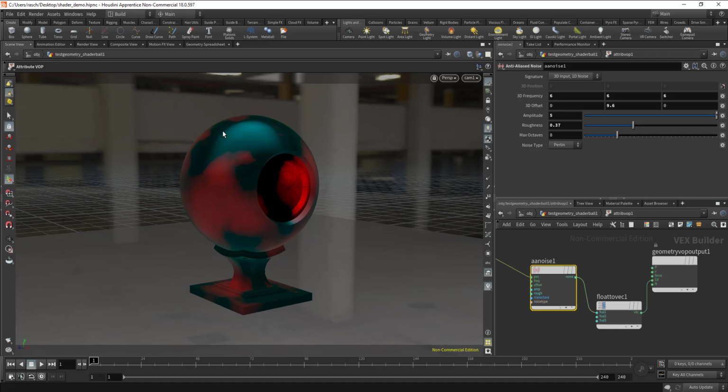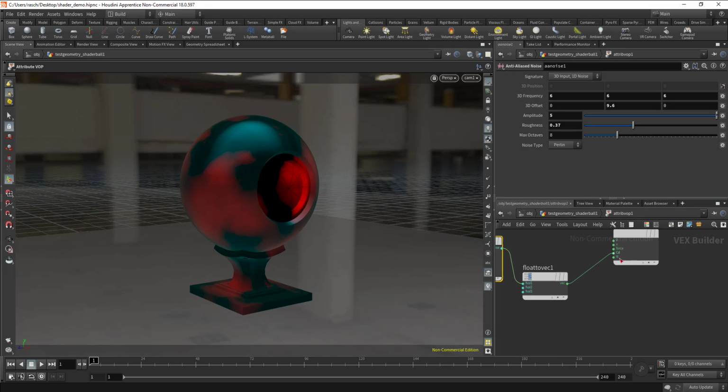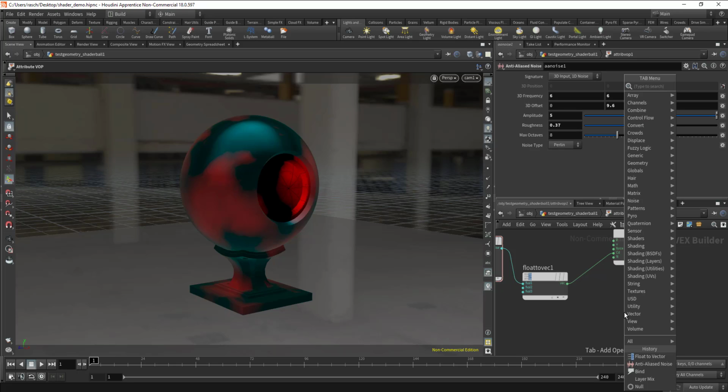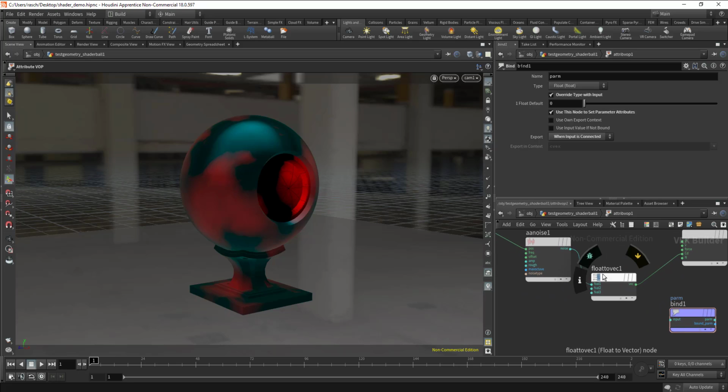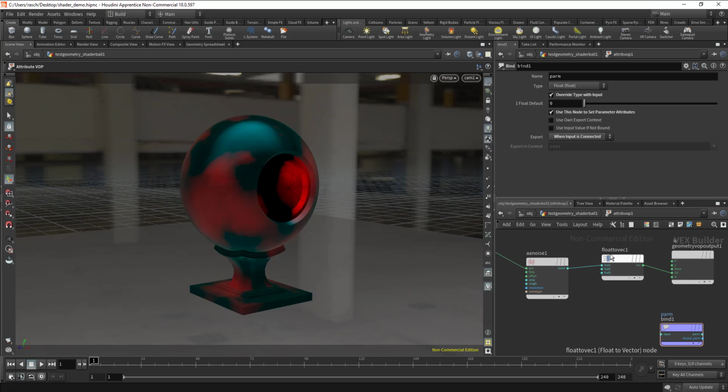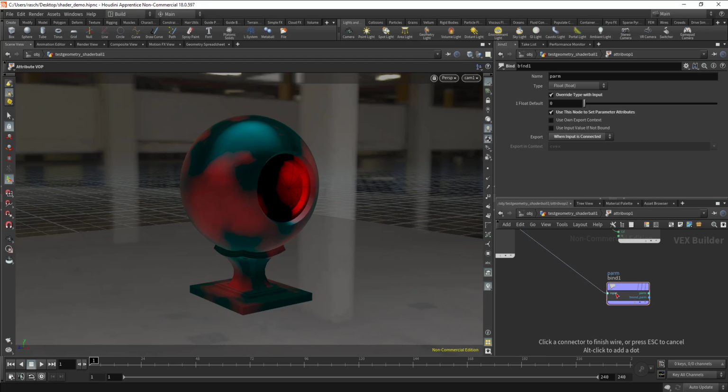So what I can do is I can say maybe this black area will be one type of shader, and then where this noise happens will be another type of shader. So what I can do, instead of outputting this to color, because I'm just doing this for visual purposes, I can use a bind export node. Okay. So bind export, and I can take my noise here, not from my float to vector, because I just did that to convert it so I can feed it into color. But I can take it straight from the noise here, and I can put it right into my bind export,